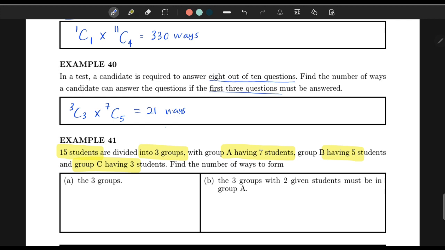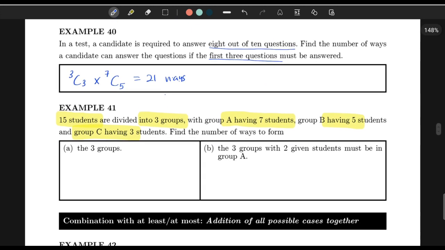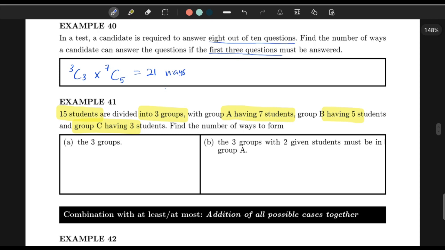So to choose group A, that is 7 students, from 15 students, we choose 7 students